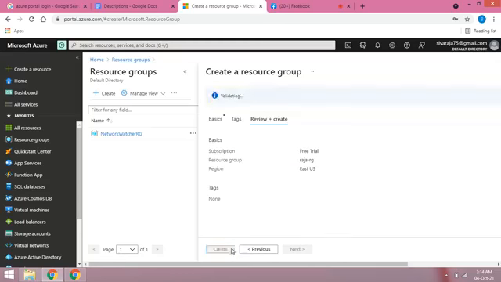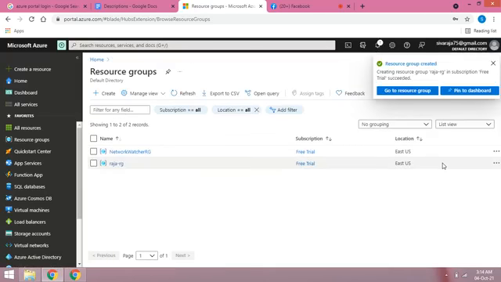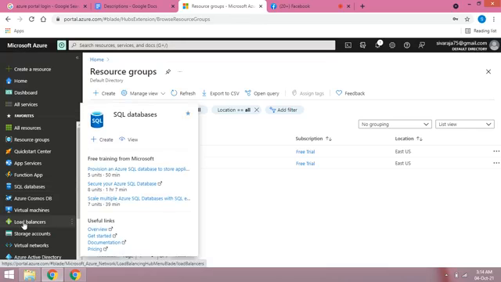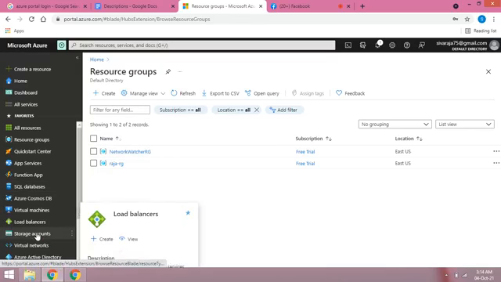Review, and create our resource group. Now I have created my resource group, and next I create a storage account.